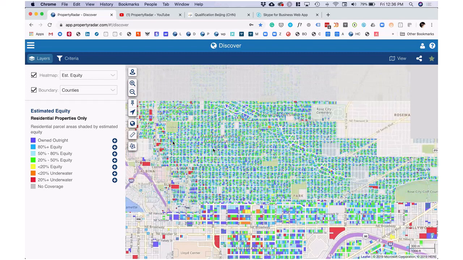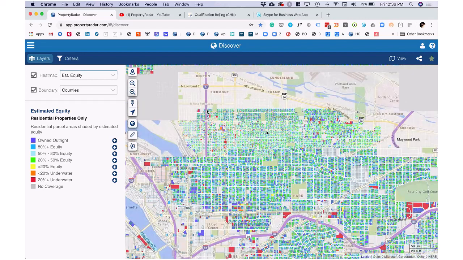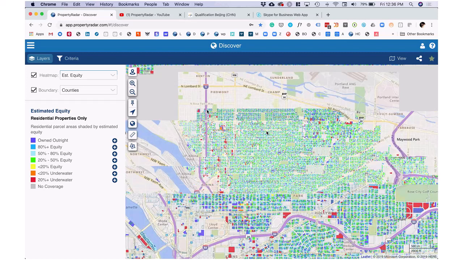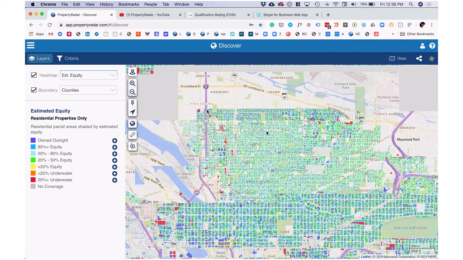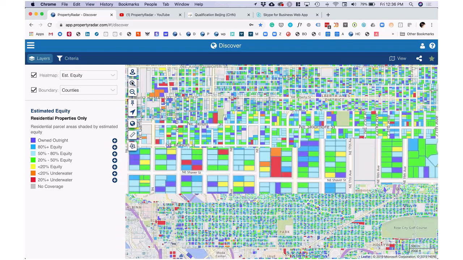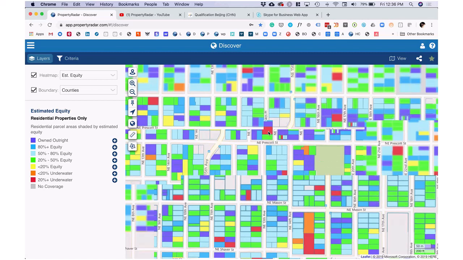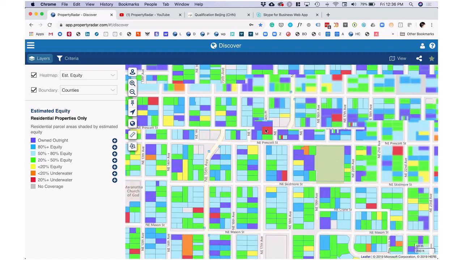So this is just heat maps. We have like 30 heat maps to really visualize data, things you can't do easily in Excel. And this all works on mobile too, which is super fun when you're driving. So I'm driving down a street at street level, visually observing things, and I can hang a left here and go, oh, this property's underwater. I wonder what the story is behind there.